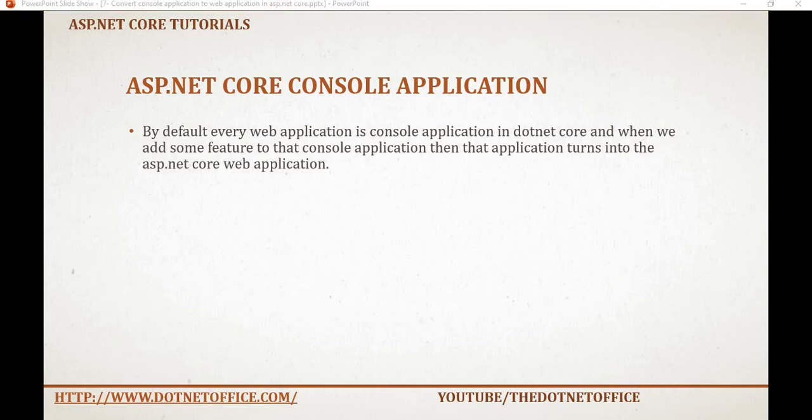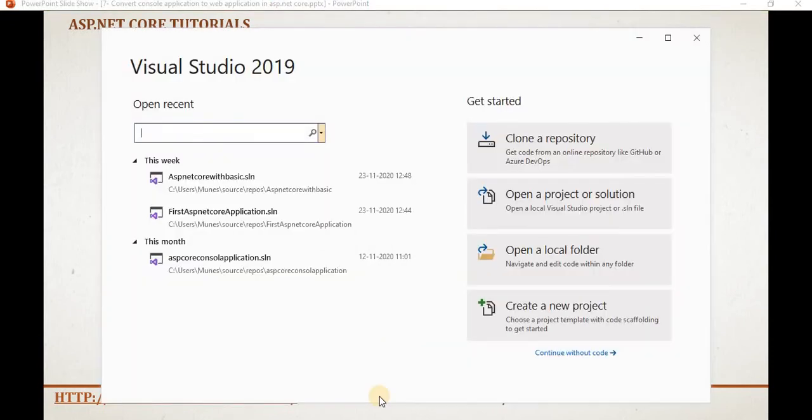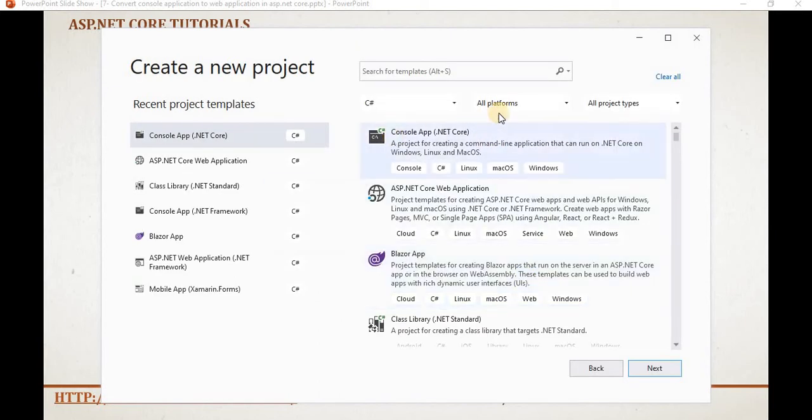So let's go to Visual Studio, which is Visual Studio 2019, installed in my system. For creating a new console application, let's click on create new project. Once I click on create new project, it will take us to another window. There we will select the console application. So this is the window. From here we can select Console App (.NET Core). We have to select the language, like VB.NET or C#. I'm going to create it with C#. So let's select this one and go to next.